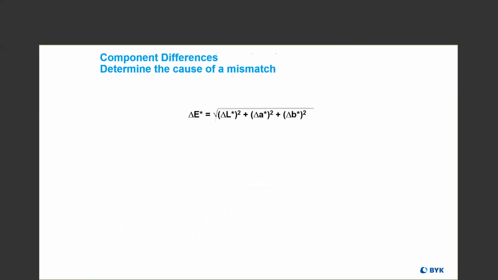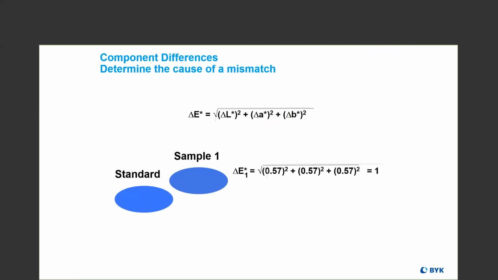So back to the DeltaE value, the overall color difference equation. This DeltaE value that's denoted with that asterisk, what we call DeltaE star, this is the equation for DeltaE star. It's that basic distance equation in LAB space, and it's probably the most commonly used difference equation, but it's not necessarily the best one. And so here we have an example. We have a sample compared to a standard,